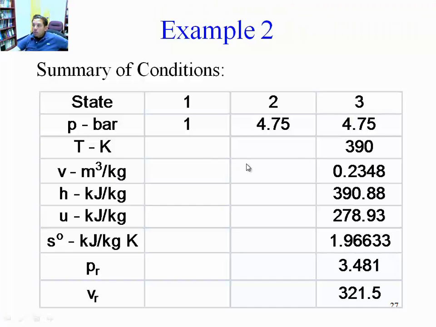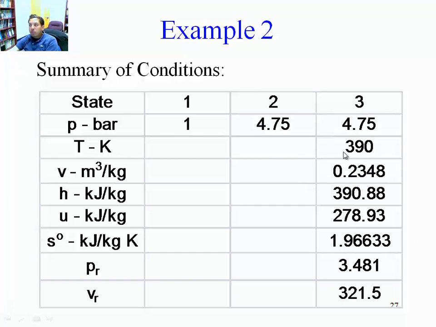Now, in the other two states, we only have one thing. That means that we cannot complete the table. We have to relate one of these states to another. Now, we already related state 2 to 3 through the pressure, this constant pressure process, so we cannot do anything else. Our only shot here is to relate state 3 to state 1. And we do that by saying, well, we were told that the process from 3 to 1 is an isentropic process. It's a process where entropy doesn't change.